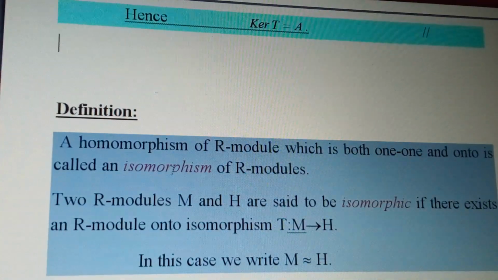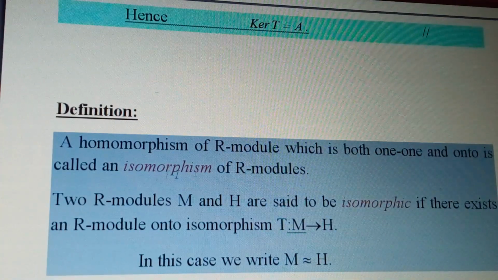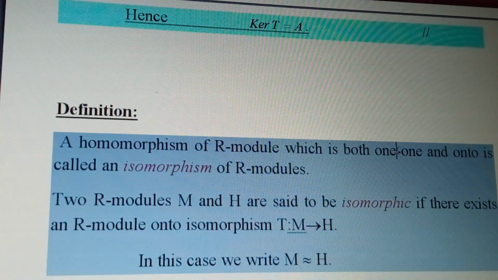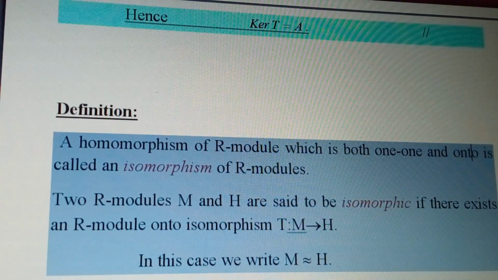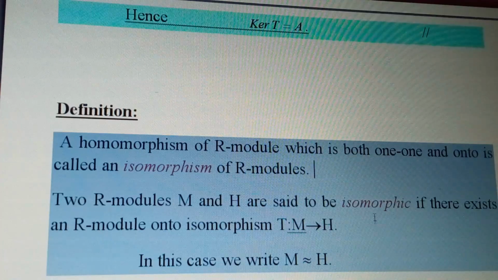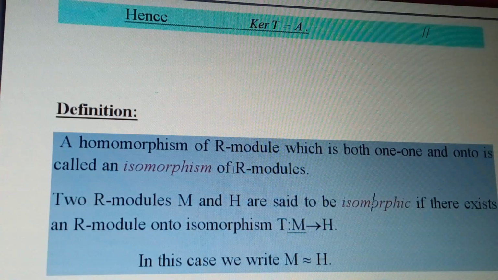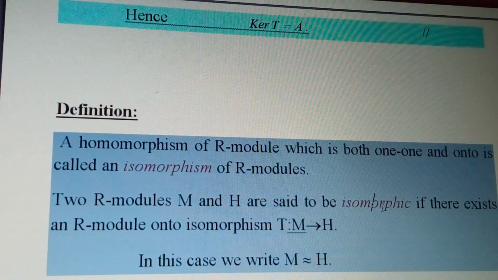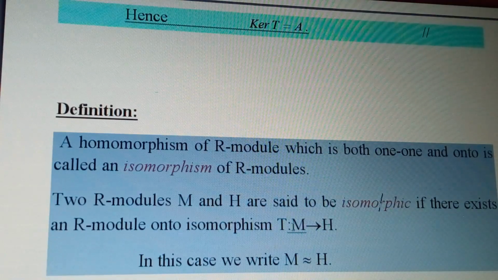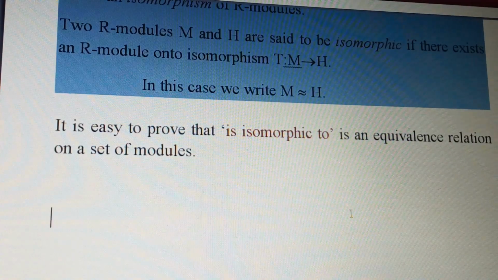And here, the condition for an isomorphism is that the mapping is one-one and onto; both conditions together give an isomorphism. And this is isomorphic, meaning such a mapping is an isomorphism. This is the condition for isomorphic: T from M to N, and M is isomorphic to N. So this first part is over. Thank you.